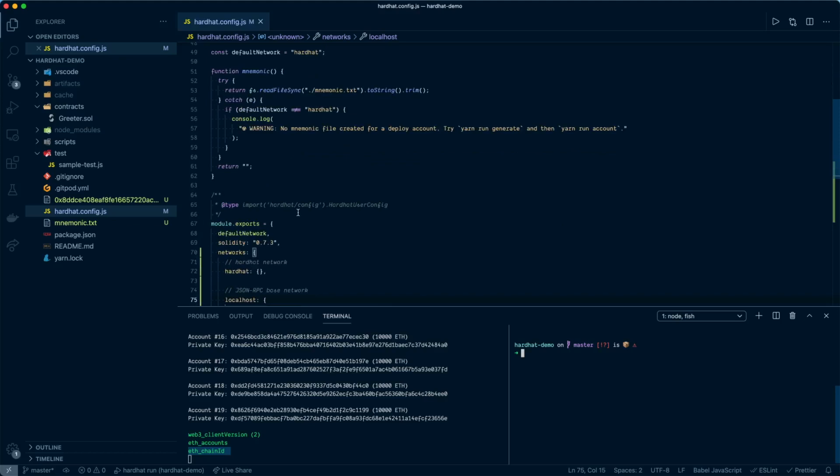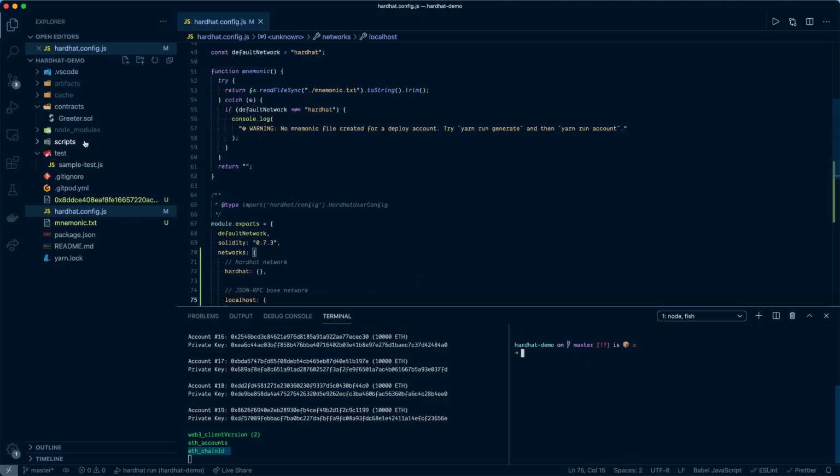All that will be packed in this Hardhat runtime environment, and it will be exposed for us everywhere that we are using Hardhat. For example, every time we are running npx hardhat test, or running a script, or running the Hardhat console,